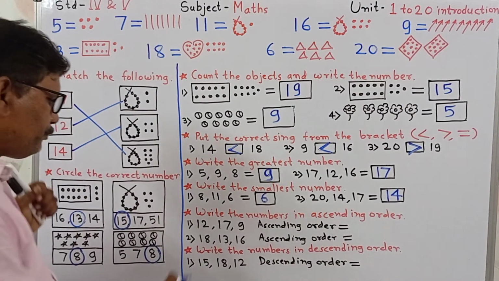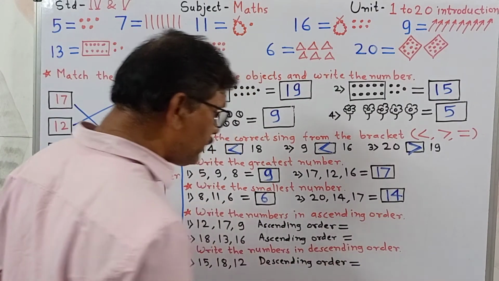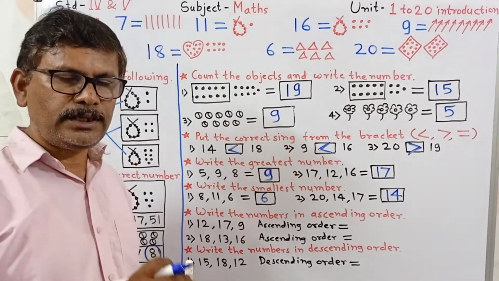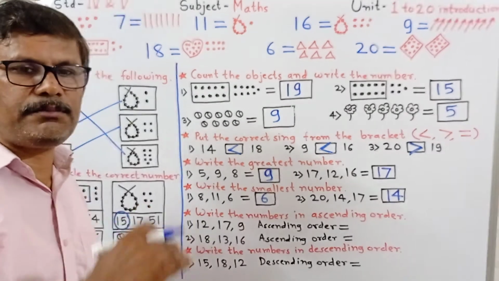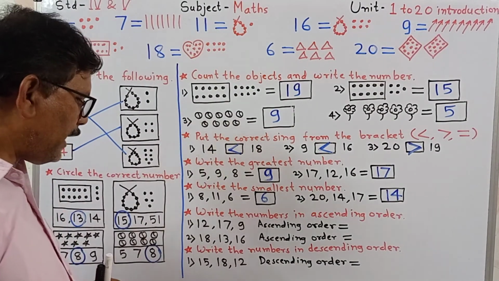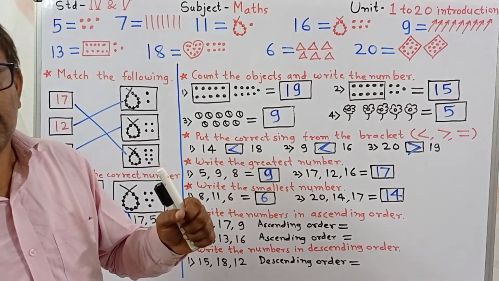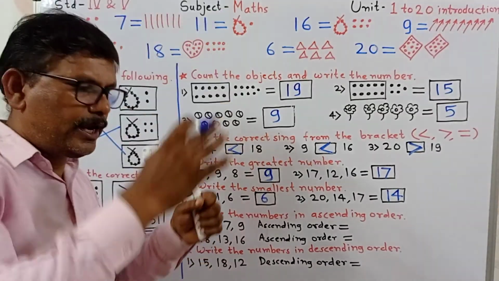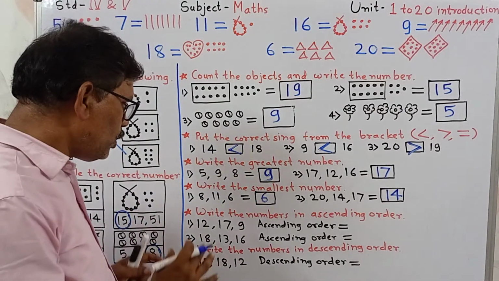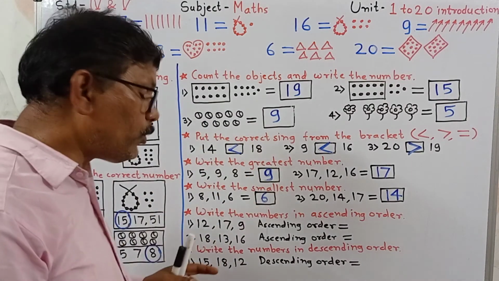Now next one, write the numbers in ascending order. You know ascending order means upstairs. Ascending means upstairs and descending means downstairs. Okay. So in ascending order we must write